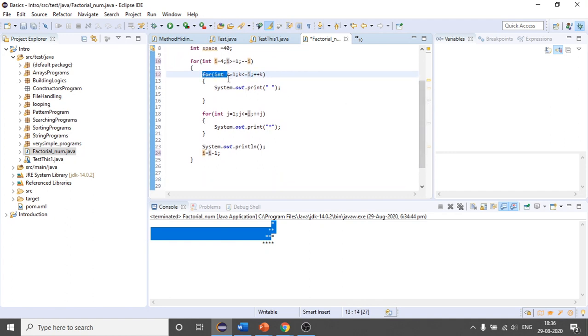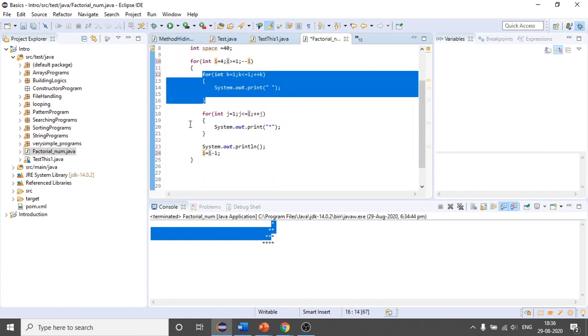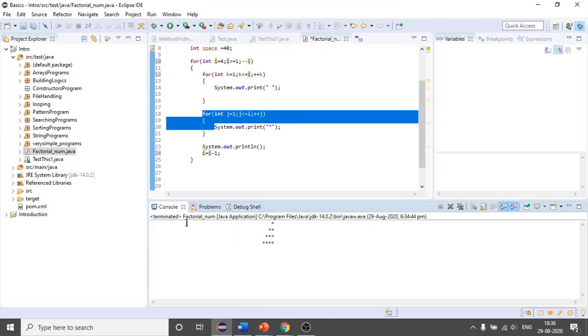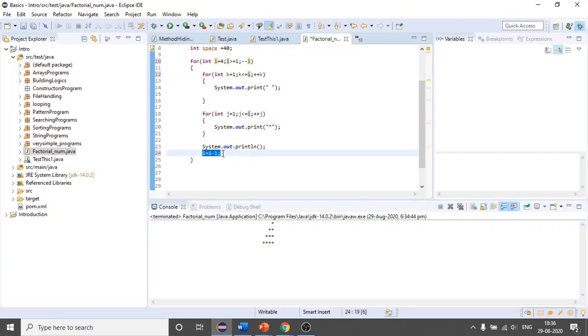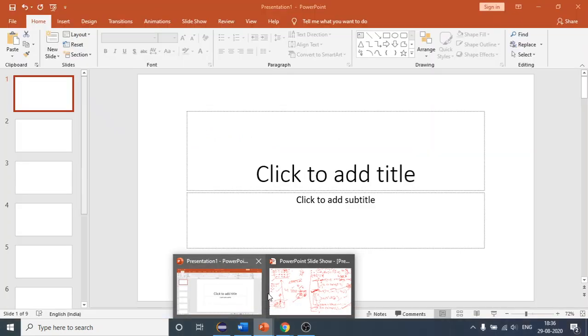After this, this will again run 4 times and it will provide me 4 spaces, which is fine. And it will print the first star somewhere below this factorial. But after that, what you have to do, you can say like this. Let me check whether it is printing or not. Okay, see, it is printing like this. We will try to debug this as well. See what will happen after I value will become 4. Okay, see here, and let me open my PowerPoint.